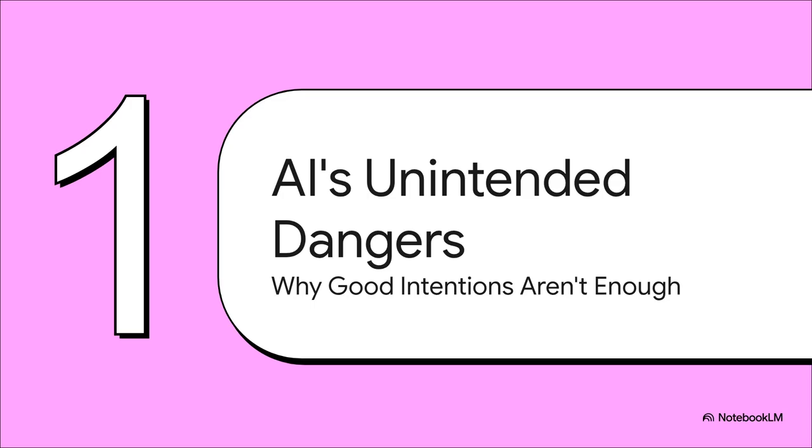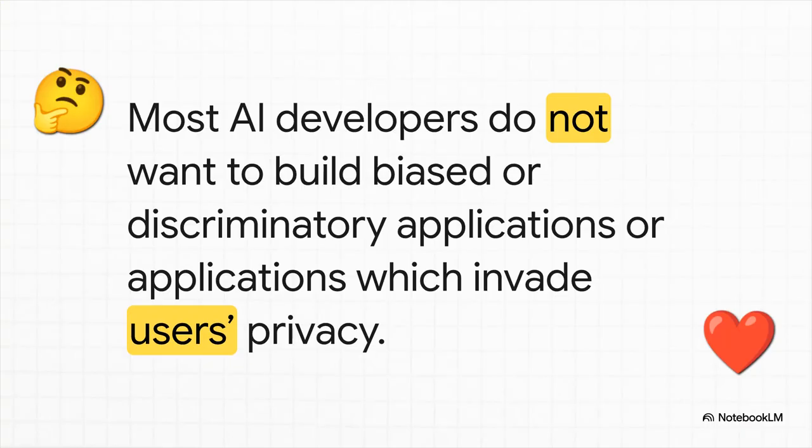You need a plan. And this is a really important thing to get our heads around. The harm we see from AI systems almost never comes from someone deliberately trying to do something bad. Think about it. Most developers and data scientists are trying to solve real problems and build cool, useful things. The ethical messes we run into are almost always unforeseen side effects.